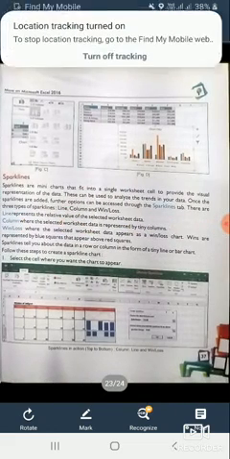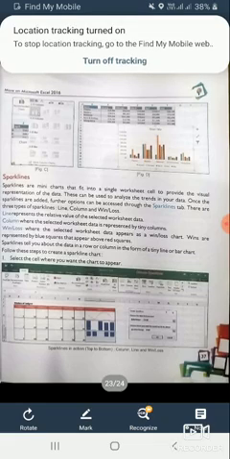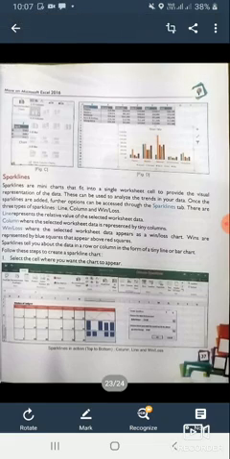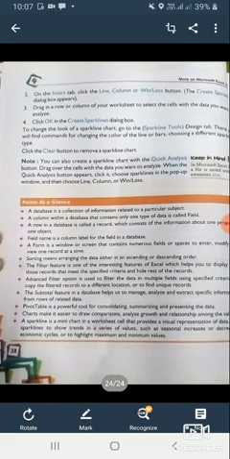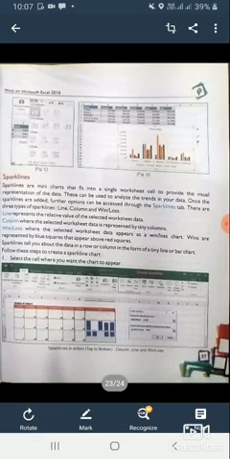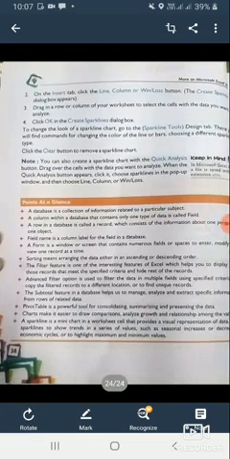Sparklines. Sparklines are mini charts that fit into a single worksheet cell to provide a visual representation of the data. These can be used to analyze the trends in your data. Once the sparklines are added, further options can be accessed through a sparkline. These are of 3 types: column, line and win/loss. These are very similar to charts, but these are used in a very small way. Okay, follow these steps, you can insert the sparklines.